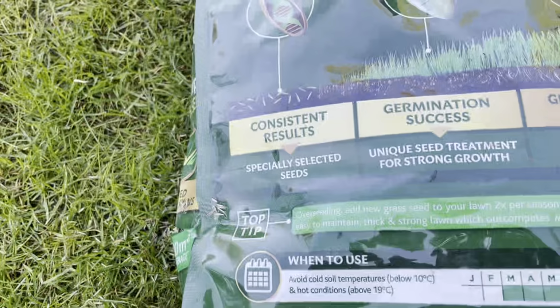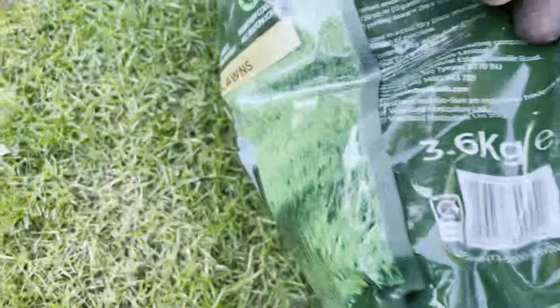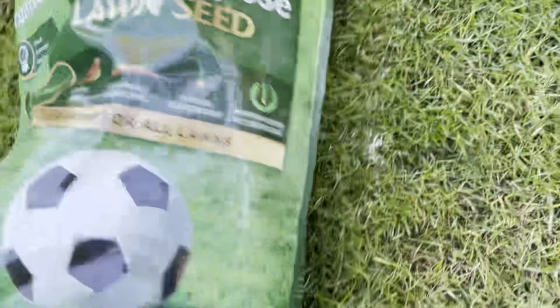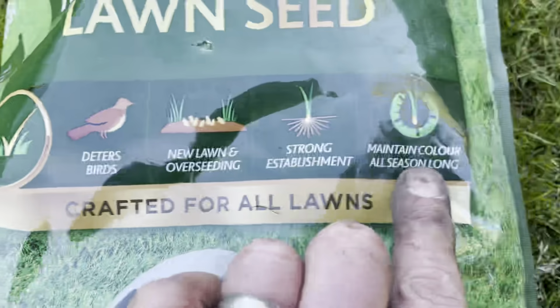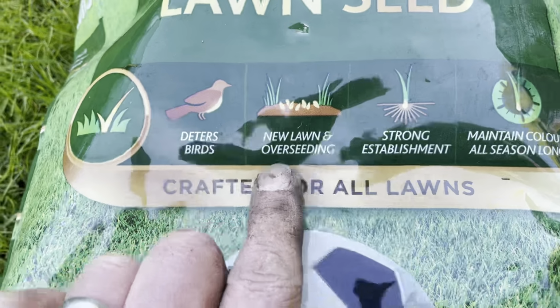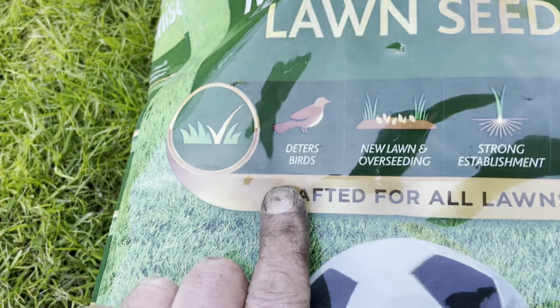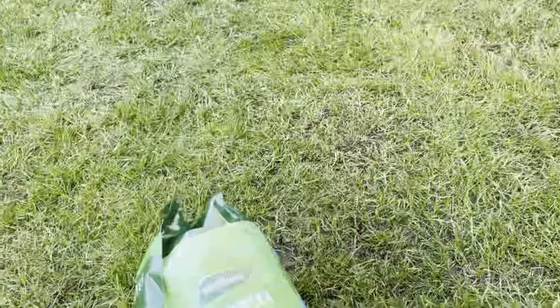And there's some bits and pieces on it, but yeah, there we are. And the good thing as well with it, decent vigour in it, deters birds. So the actual seed has a coating to it, so it means that the birds won't actually eat it, which means you can sow it or seed it literally